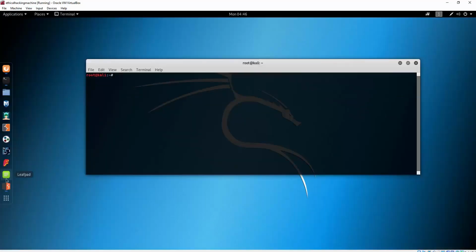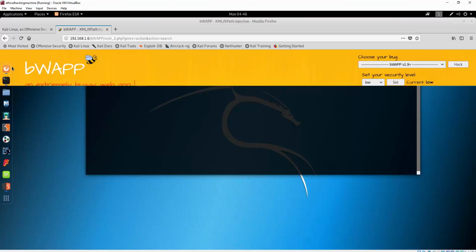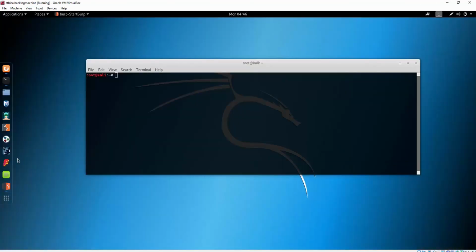I think I know what the problem is. The problem could be that I deleted the action, so let us just do that once again. So search, we go to the Burp Suite. It is a little bit slow, so we type the same thing once again,